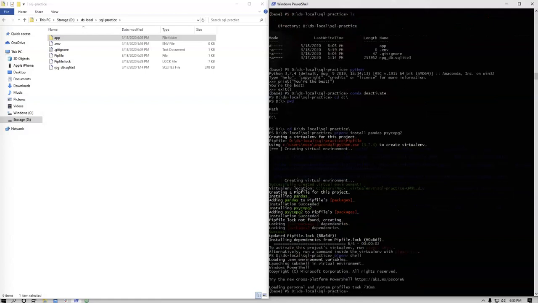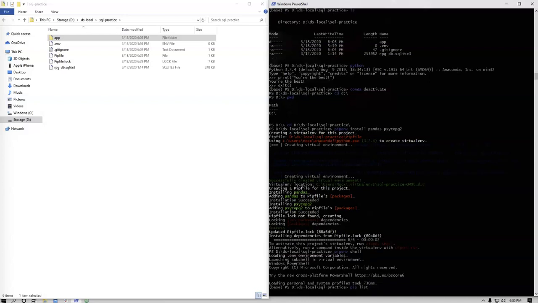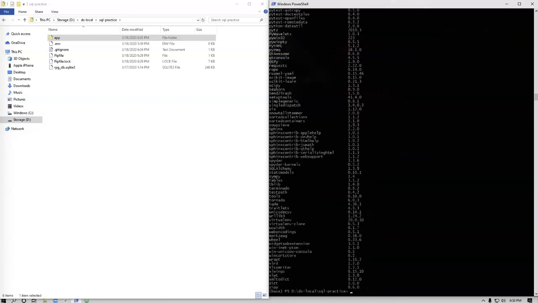You'll notice on my terminal that the funny prefix doesn't show up. It's because I'm on PowerShell, and base is the only thing that you see. However, if I do a pip list,